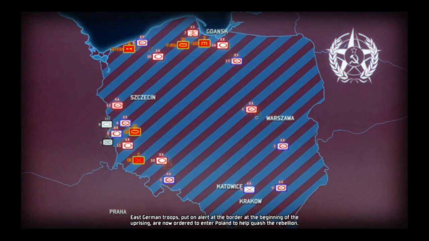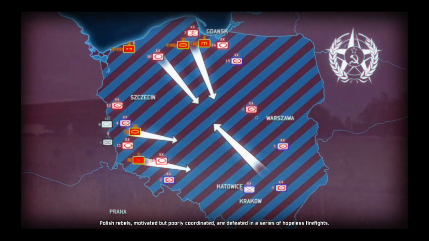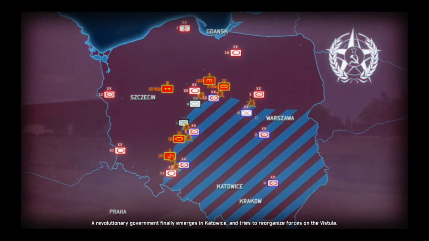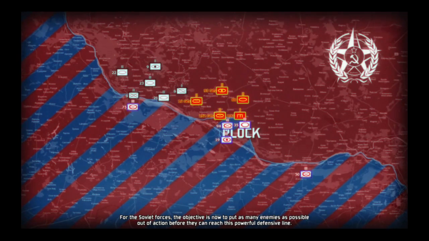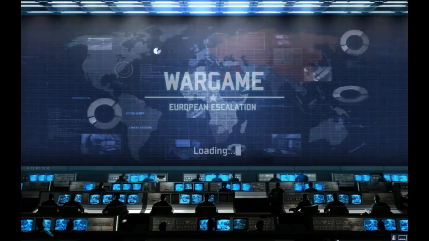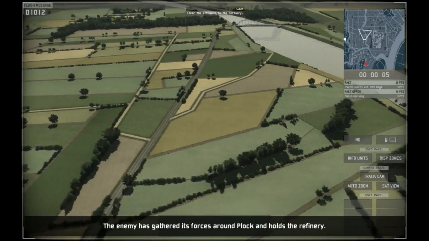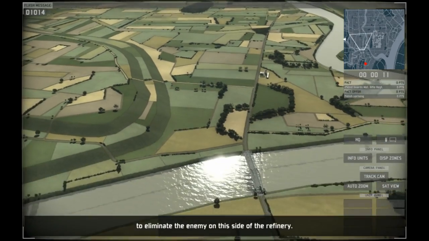Are now ordered to enter Poland to help quash the rebellion. Polish rebels, motivated but poorly coordinated, are defeated in a series of hopeless skirmishes. A revolutionary government finally emerges in Katowice, which tries to reorganize forces on the Vistula. For the Soviet forces, the objective is now to put out of action as many enemies as possible before they can reach this powerful defensive line. The enemy has gathered its forces around Plock and is holding the refinery. By capturing the town of Biala, we will secure enough supplies to eliminate the enemy on this side of the